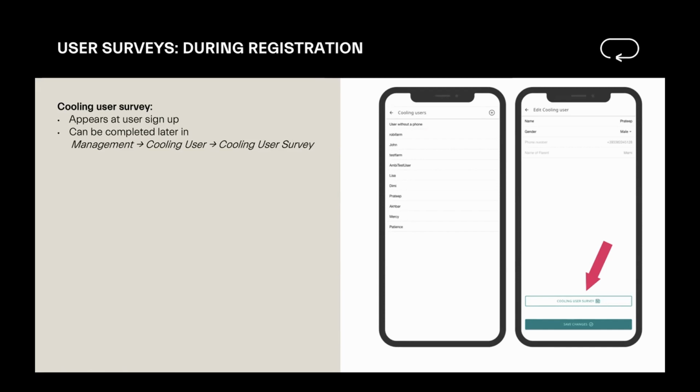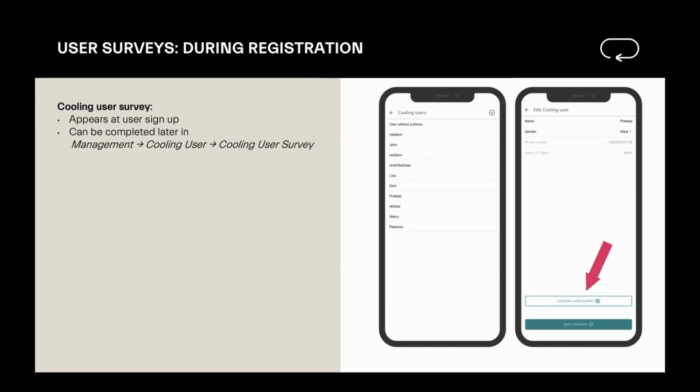And first you will see it when the operator signs up a new user, it will pop up and the operator can decide to either take the survey right away or click on complete later, in which case whatever has been stored so far is going to be kept in memory,